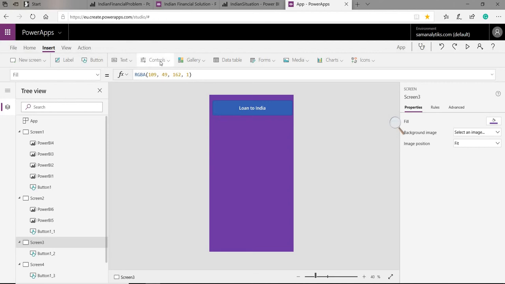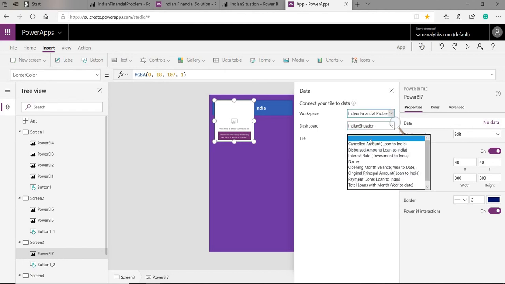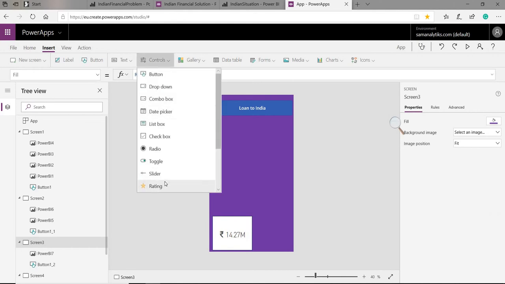Now it comes to the loan to India. When I bring the loan to India, I can simply take this financial problem situation. For the loan to India, I can show the original principal amount here, and I can also use another tile that shows